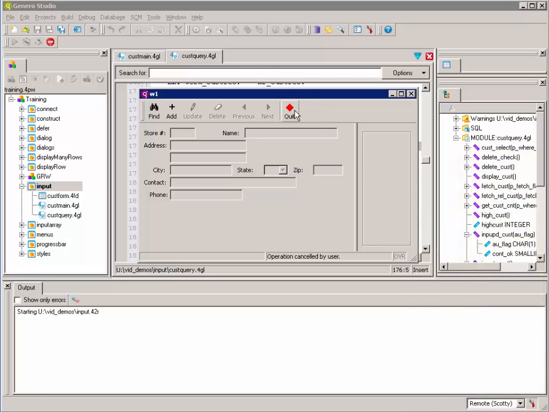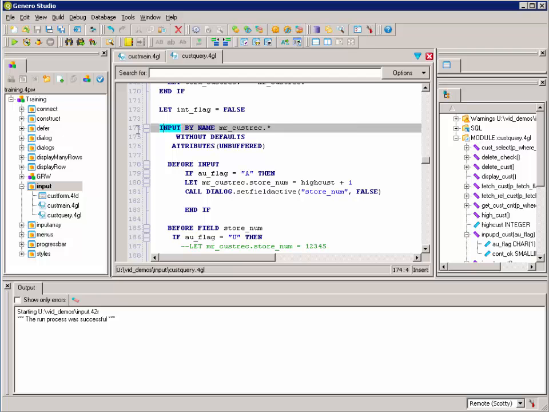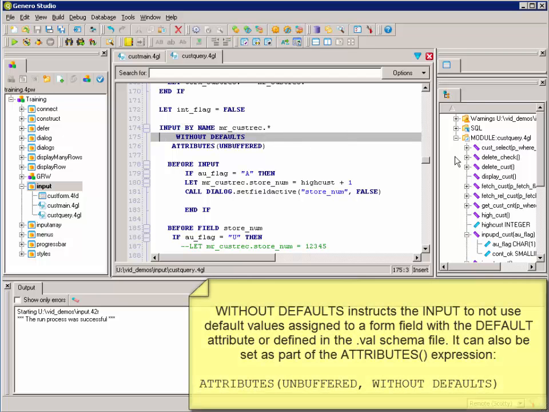All right, let's cancel that, and let's also talk about without defaults. Without defaults says, let's go into this input without using any default values that might be associated or set for the field. Sometimes in the database columns there are defaults set, and we want to go into this input without using those defaults. Now let's take a look at the program again first